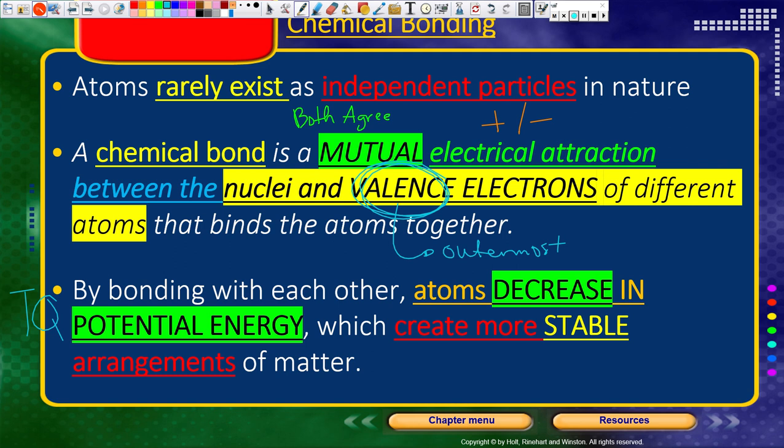How do you think I could trick you on a test question with that part? Increase. I could say increase, right? It's not increase. When they bond, they decrease their potential energy to become more stable or unstable? More stable. That's the test question, right? You've got to know the two relationships. When they bond, it's a decrease for more stability. Now let me give you a real life example.